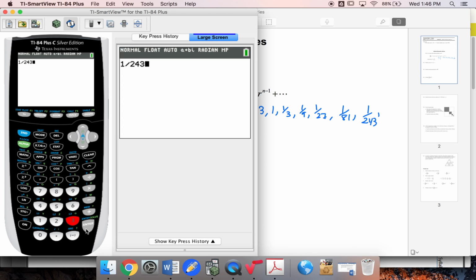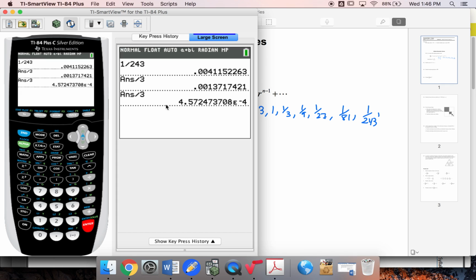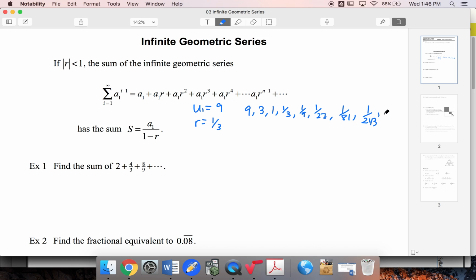I've got already 0.00. My next term, I'm going to divide that by 3, and I'm going to keep doing that. Already I'm at 0.0004, and we're just getting smaller and smaller and smaller so quickly that eventually it's like these terms become 0. They're not ever going to be exactly 0, but they're going to be so close. So when I'm summing all these terms, at some point I'm summing something that's approximately 0, so I'm not changing